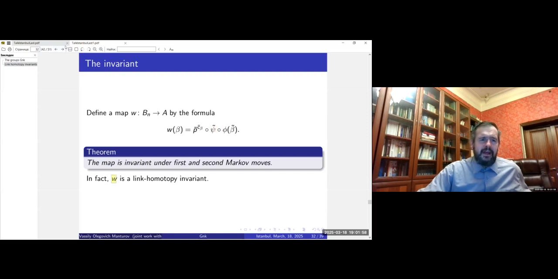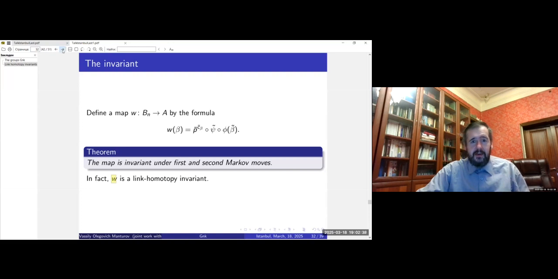And actually, this invariant is not very powerful. It's a link homotopy invariant because it doesn't feel self-crossings, crossings between strands belonging to the same component. I'm really interested in crossings IJK, but I'm not interested in crossings IIJ. That's why such a crossing change within one component doesn't give me a result. That doesn't change my invariant.